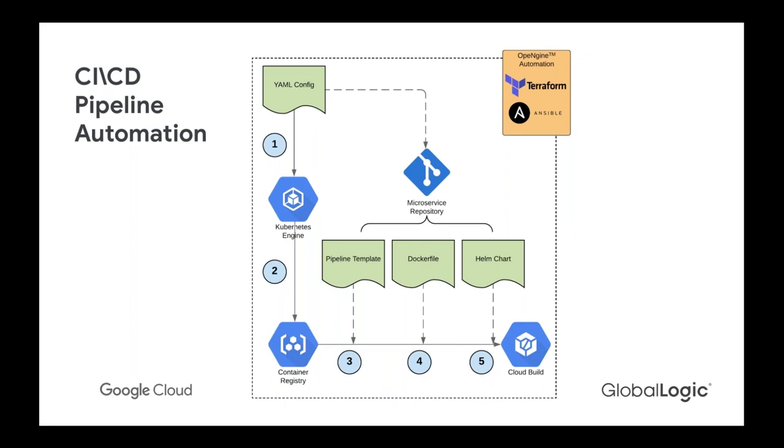created for different types of application or different stacks like .NET Core or Java or Node.js, for example. So what OpeNgine does, it takes this reference to repository, and then it uses it to create the trigger in Cloud Build, and it supplies it with all needed information. So basically the template is supplied with all needed parameters, all needed values, such as references to secrets, references to certain clusters, and specific namespaces or specific